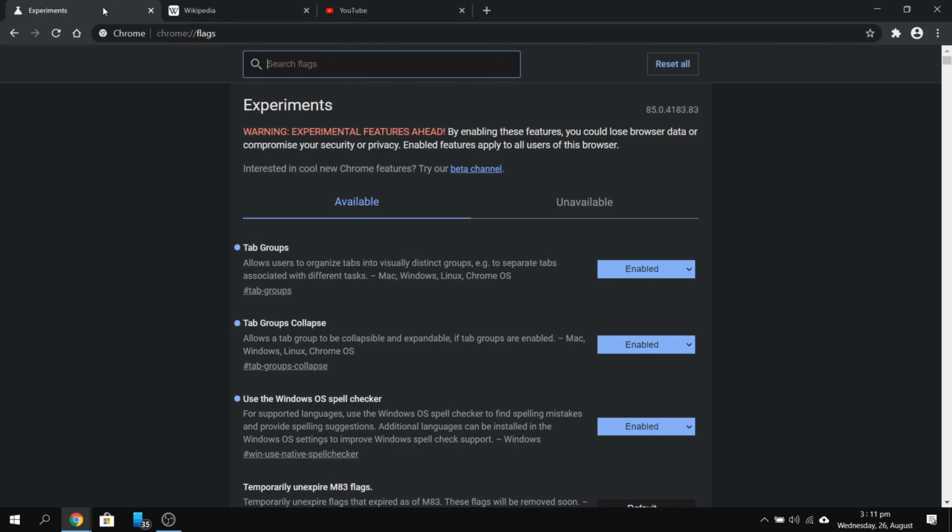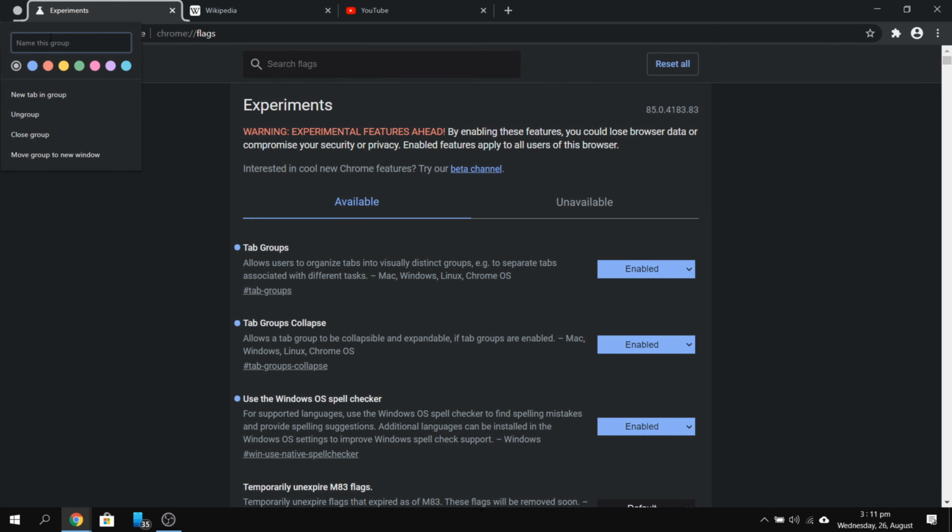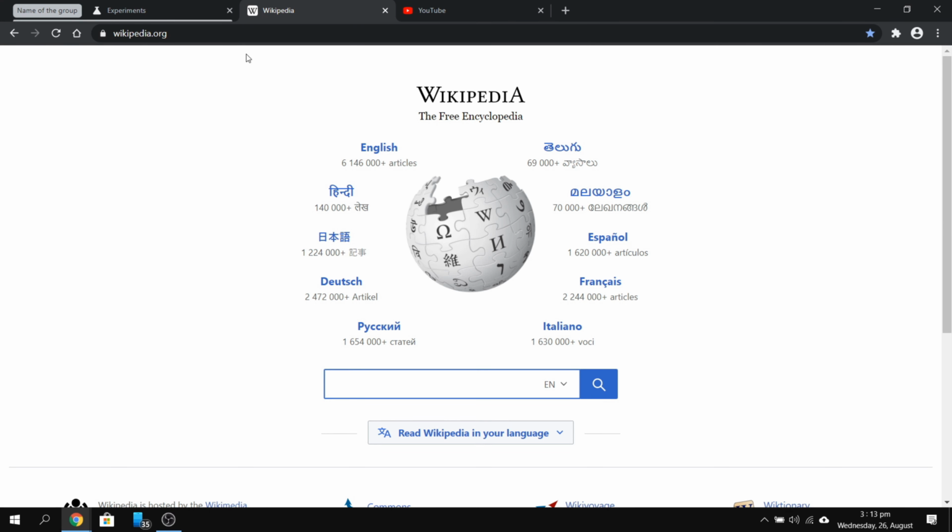To create a tab group, right click on this tab and you can create it like this. To name it, right click on this circle and give it a name of the group and press enter. You can add and remove the tabs next to this group by dragging them into and outside the group. You can even collapse and uncollapse these tabs.